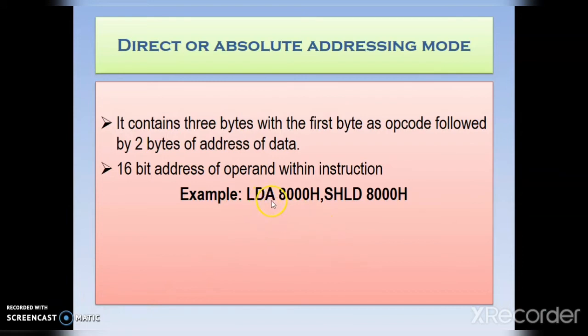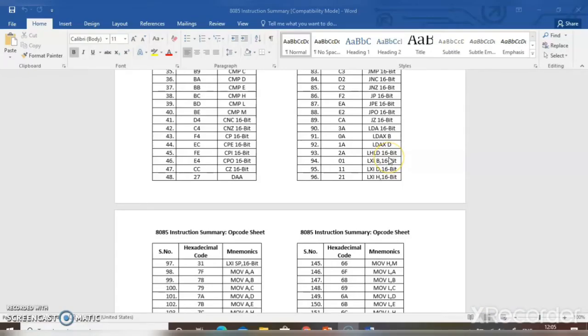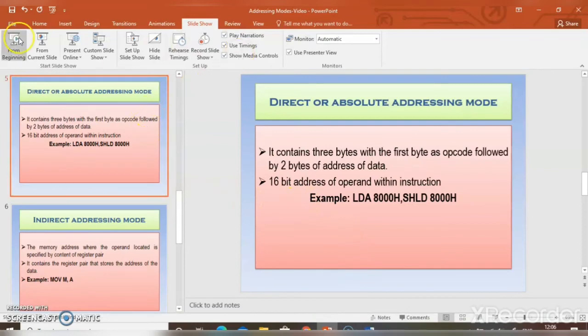For example, I am considering, you see this is the 8085 instruction set summary sheet. So in the direct addressing mode, I am taking example as LDA 16-bit address. So the corresponding hexadecimal code is 3A. So for every instruction, we have corresponding hexadecimal code. So in direct addressing mode,